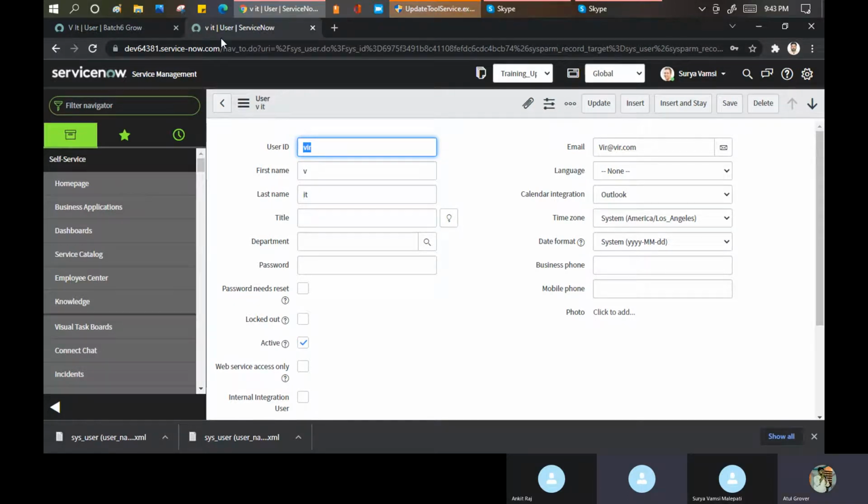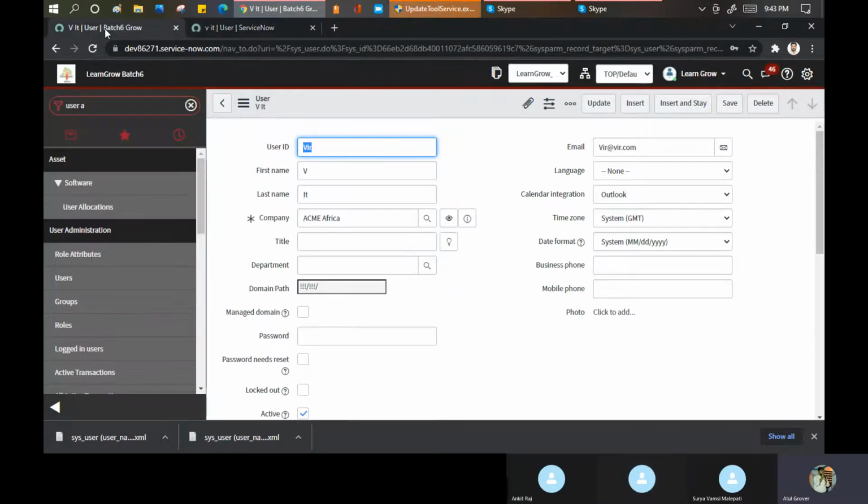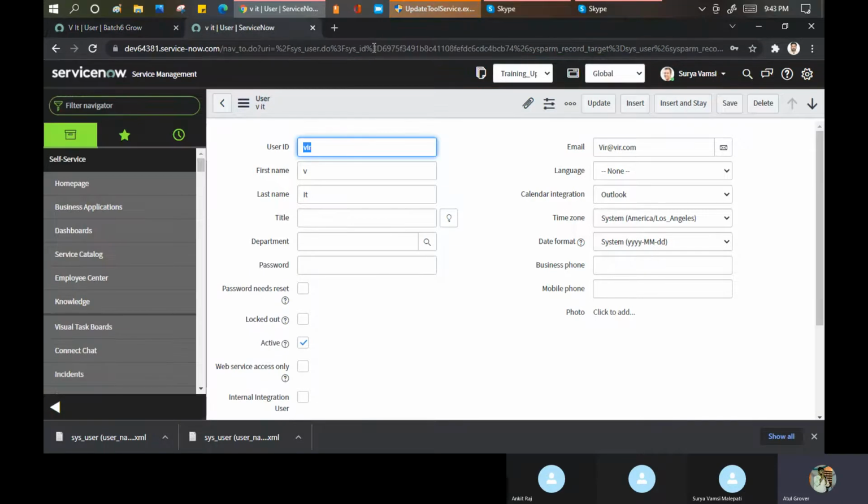Okay. So this is Surya's instance. This is my instance. The only important thing, which I picked up as a term at the beginning of this session, is that sys ID is one of the key factors that plays a vital role. In these two instances, I have the same user ID, but the sys ID of the two users is different.